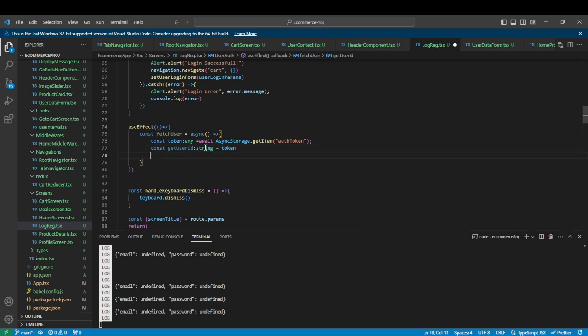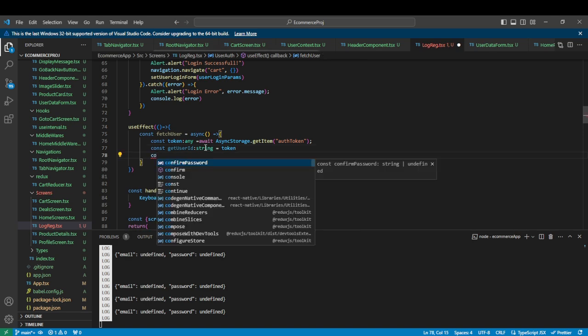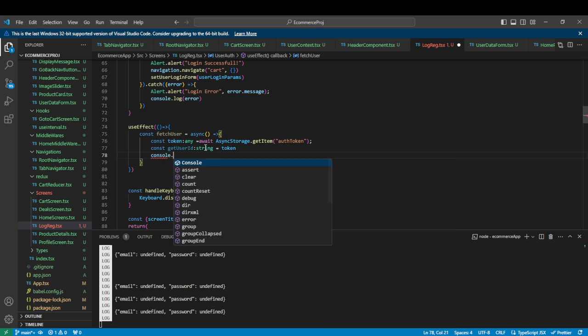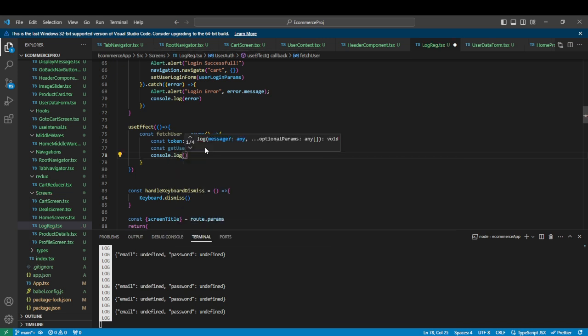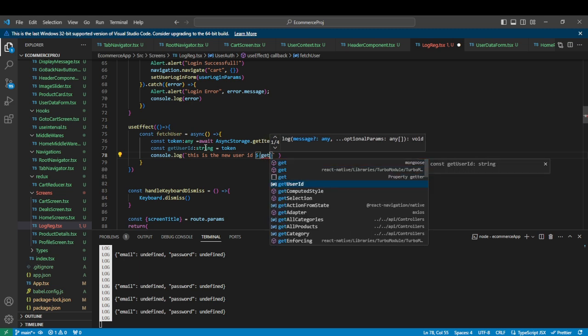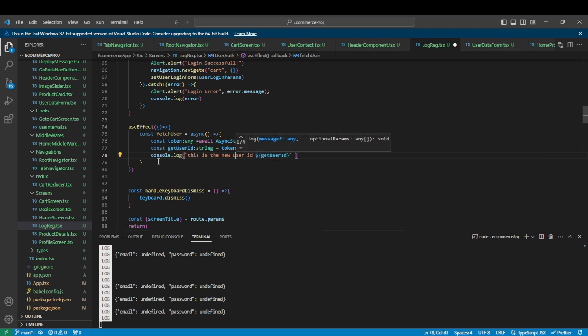And for us to be sure that it was passed, let's console it. console.log, and let's call it this is the new user ID, and let's pass the get user ID. That's it. So for the use effect,